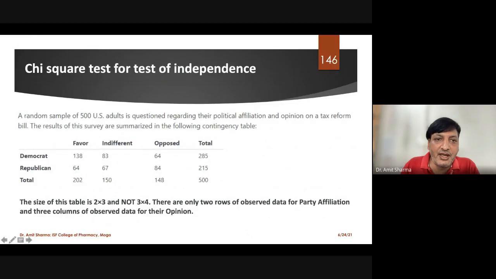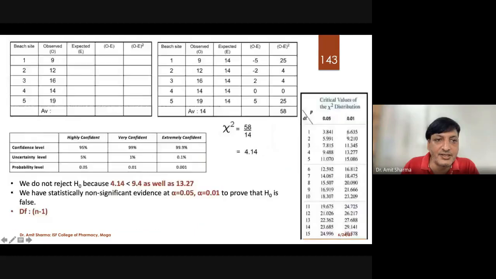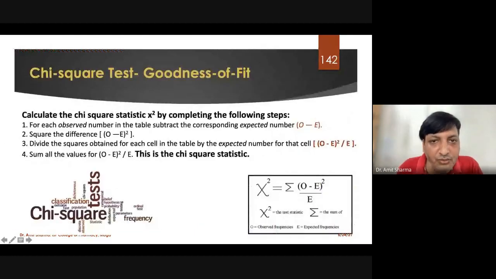Now, maybe you are going to see the data in terms of numbers. For example, here also you are seeing numbers, 138, 83, 64, 68, but they belong to some categories. So we are not bothered here about the numbers, we are bothered about the categories. So how to do the goodness of fit test numerically and with the help of SPSS, that we are going to see today. For that we have to calculate the chi-square statistic by following these 4 steps.